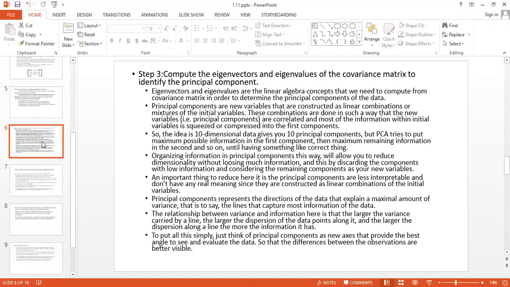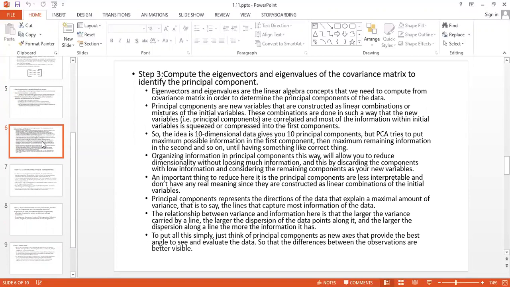Now step 3 is to compute the eigenvectors and eigenvalues of the covariance matrix to identify principal components. Now the eigenvectors and eigenvalues are mathematical concepts. By using the covariance matrix, we have to calculate these values so that we can calculate all possible principal components for the given example, and in which we can choose which principal component is better suited for that example. And by using that principal component, we see how we have reduced the dimension. All these things come now with the eigenvectors and eigenvalues.